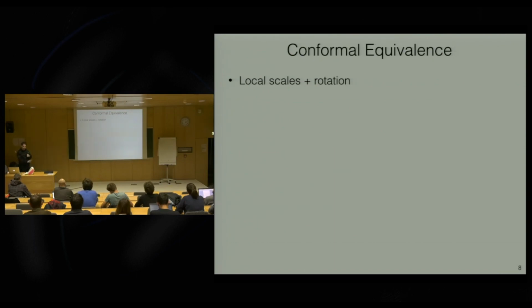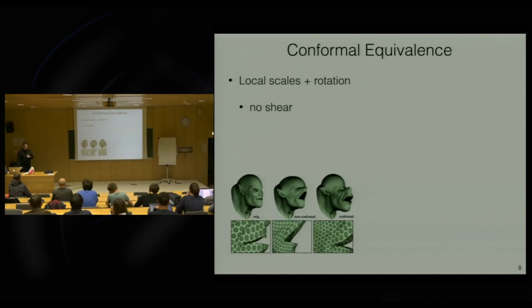A transformation of anything is conformal if it's a local rotation and scale. Okay, what does it mean? That's a very dry definition, that also there's no shear. That means that if I have some mesh and I move some vertices around, I don't see those ellipses becoming very narrow ellipses. They keep their shape, they might scale up and down, like in the right image. Conformal transformations are considered good aesthetically because of this effect, they preserve features. Features look the same, they might scale up and down, but still